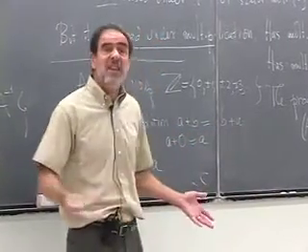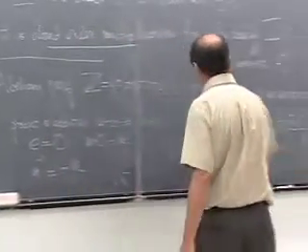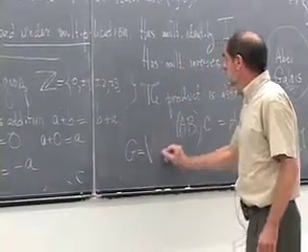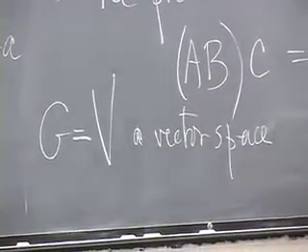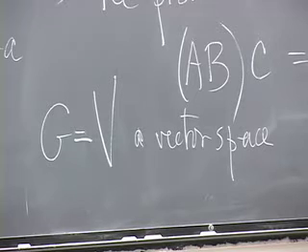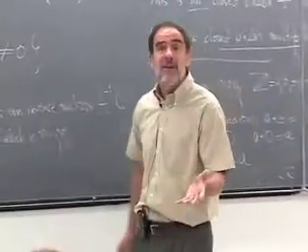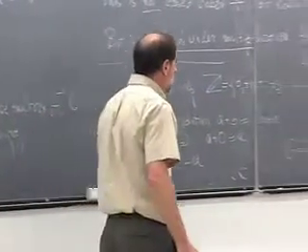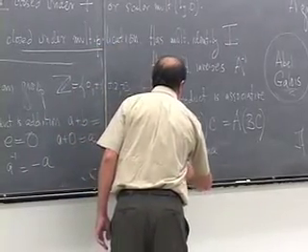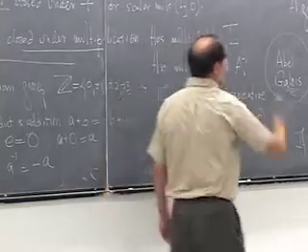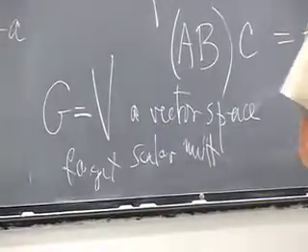Another example of a group is any vector space. That's a group because you just forget about the scalar multiplication. The addition, the binary operation is addition of vectors. The identity element is the 0 vector. Right? You add the 0 vector to any vector, you get the vector back. The inverse element is the negative vector. Okay, so you just forget scalar multiplication. So it turns out that once you come up with this rather simple definition, there are groups all over the place. This is also an abelian group.